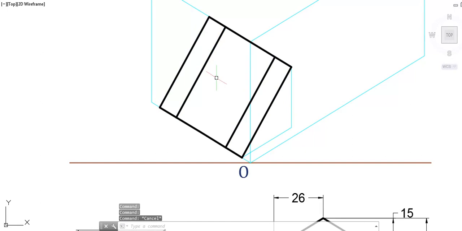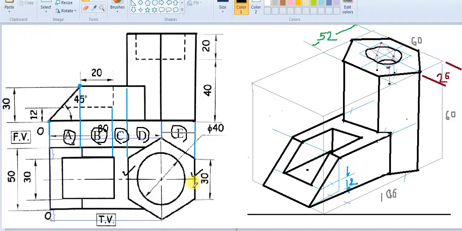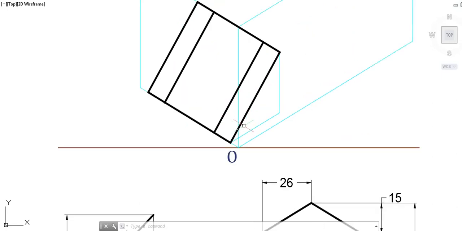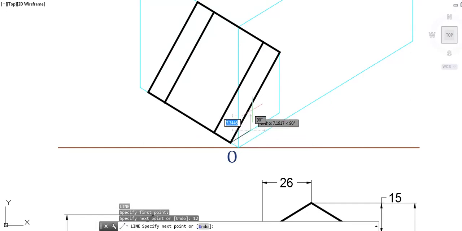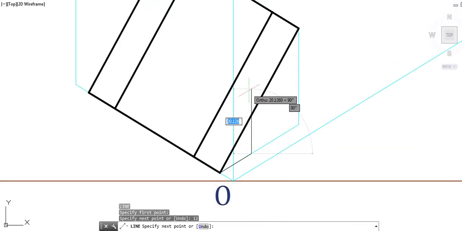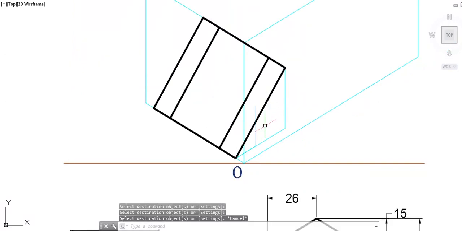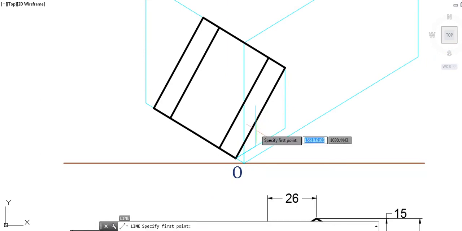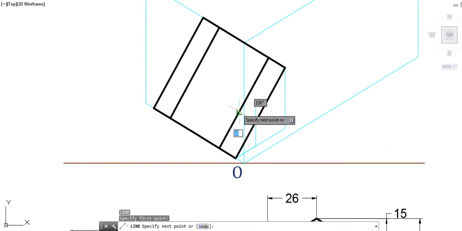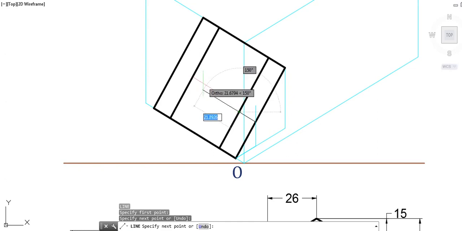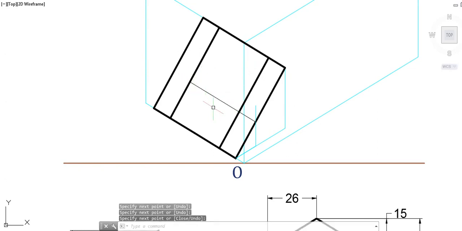The next approach says that there is a line which starts, which is this one, which starts at 12 millimeter height. So for that we have to go inside by 12 millimeter, and then we will project that same distance on that inclined line. Of course this all is construction line, and hence we have applied the proper line type. Now from this point I'll project this distance on this inclined line, and to which I'll continue up to the next line. So that is how I have obtained this particular line.